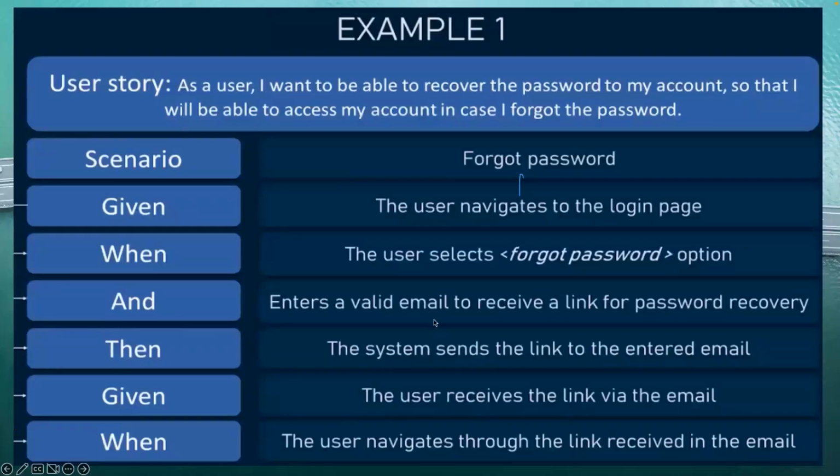So we have a few examples of user stories here. Then we'll delve in as we go. We move and we get into the acceptance criteria. So this is the user story, and this is the acceptance criteria that we have here. The user story says, as a user, I want to be able to recover the password. So in the case of the child apparel website that we are building, you say, as a user,